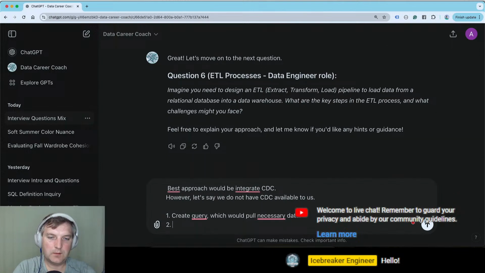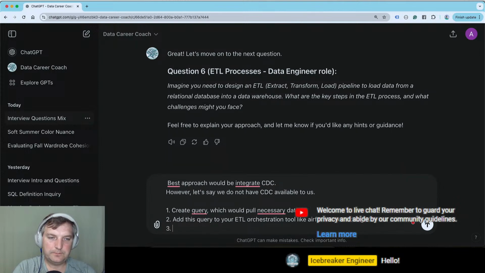Now, 2, add this query to your ETL orchestration tool, like Airflow or something else. 3. So we're reading data from the database, right? Now we have the query, so we're basically reading from the database.